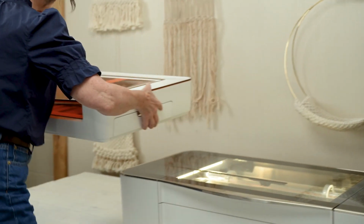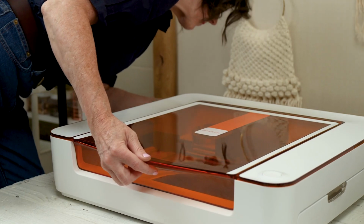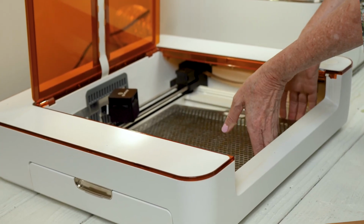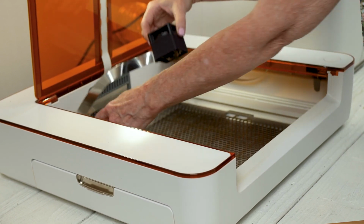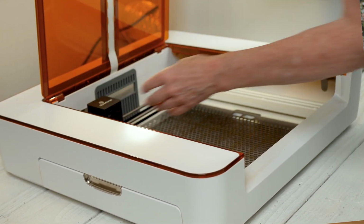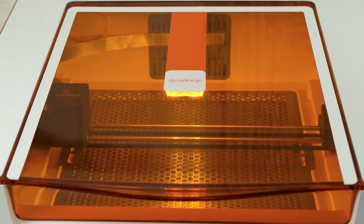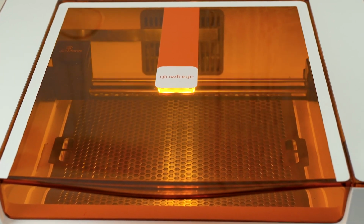Well, you can imagine my excitement when Glowforge sent me this craft laser machine to let me test and preview all of their new materials. This little sister to the Glowforge has been perfectly named Aura. And though I'm still exploring the hundreds of materials that it cuts so well, I decided to start with this